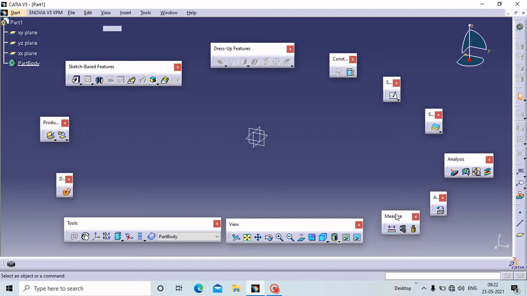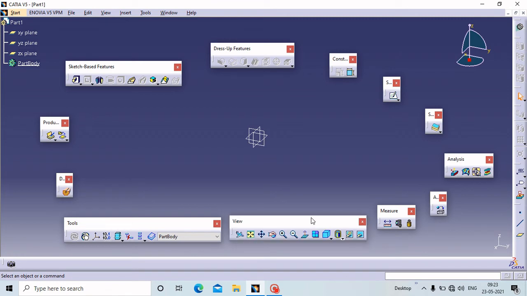Next is Measure. By using this Measure toolbar, and inside that there are n numbers of commands, you can measure your part from a particular line, from a particular part, from face to face, from axis to axis. You can measure each and every dimension by using this Measure toolbar. Next is View.